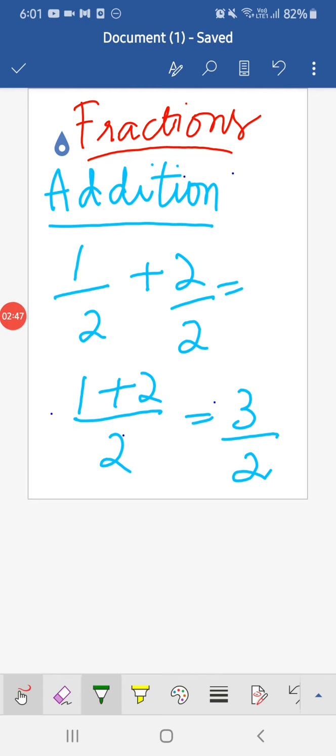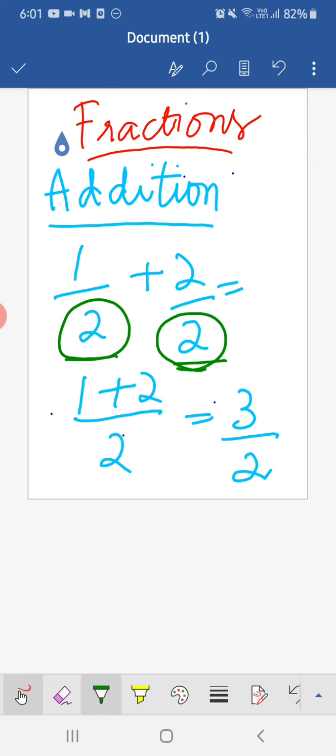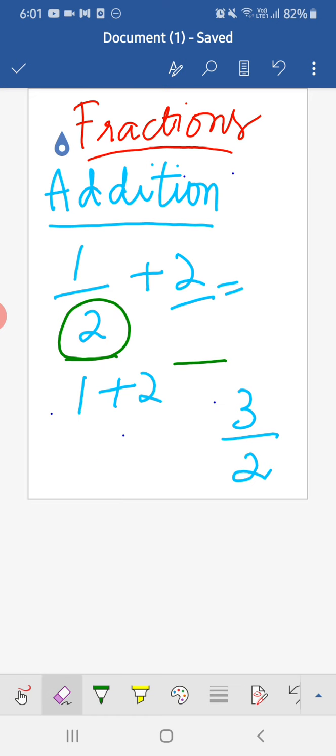So we were studying the addition of fractions. Now see, I have got two fractions, 1 by 2 and 2 by 2. Here the denominator is 2, and here again 2, both are the same. The denominators of the two fractions are the same. There can be 3 or 4 fractions to add, I'll tell that later. Since the denominators are the same, I keep the 2 common, and 1 plus 2 is equal to 3 by 2. I have got this answer. Now I'll show you another situation.